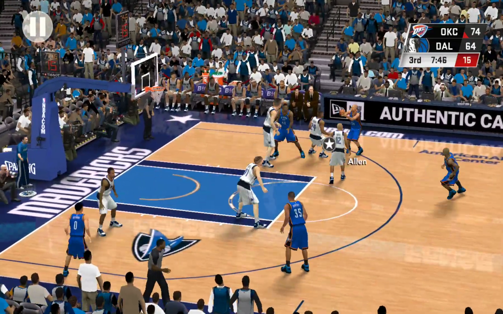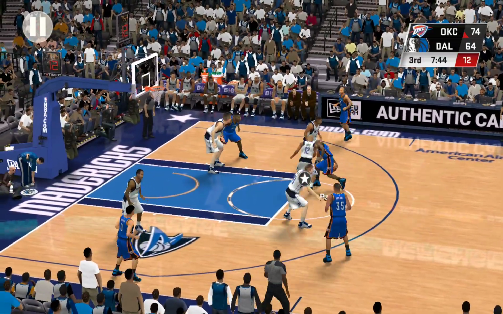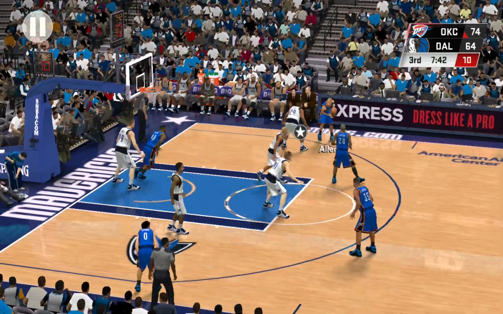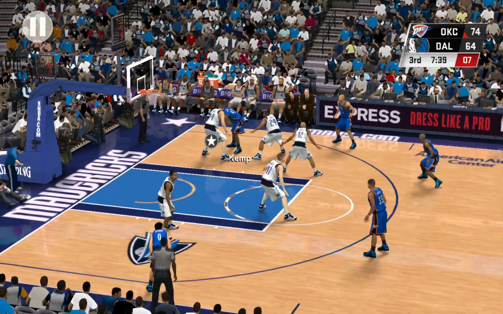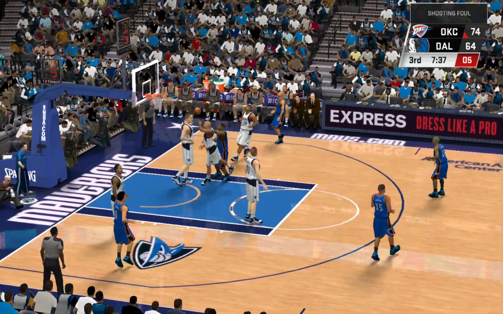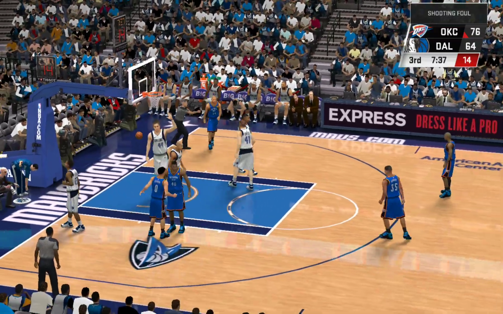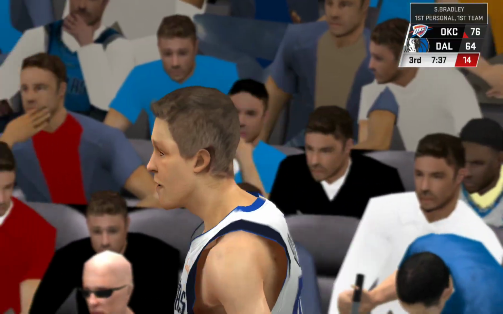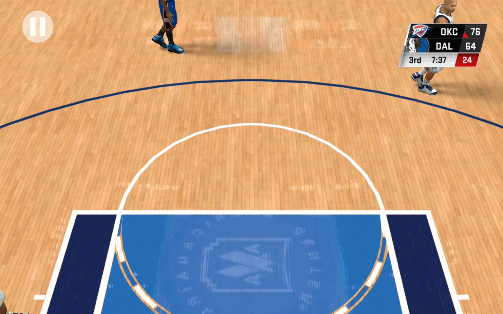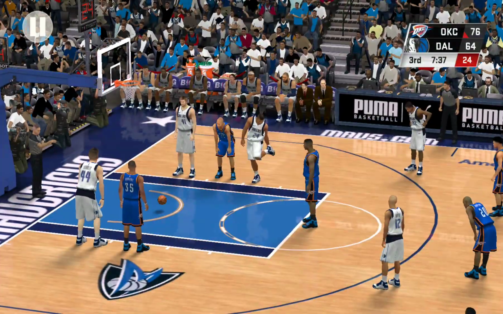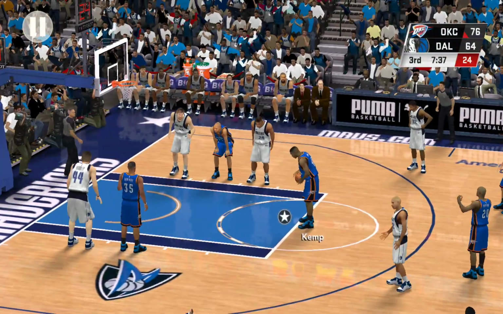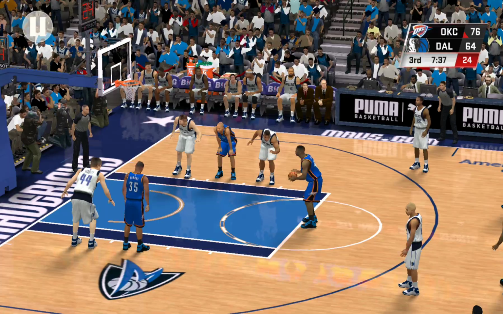Right side, Kemp. Pass to Payton. Back to Allen. Kemp with it. And the shot counts. He's fouled, and it's a chance for a three-point play. Even with the D lurking, he made it look easy with the soft finger roll. And he'll be shooting his first free throw of the game here.